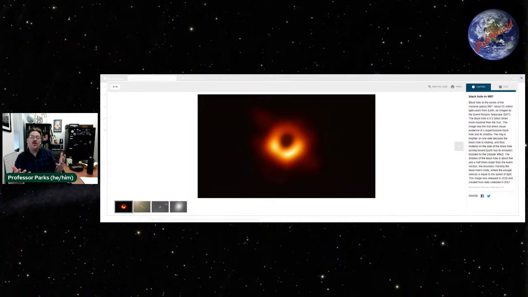And that's basically what the Event Horizon Telescope is, an array of, I think it's around a dozen radio telescopes around the globe, combining the light that they collect from the center region of M87. And by combining that light, they can simulate a telescope that has the diameter of the Earth.